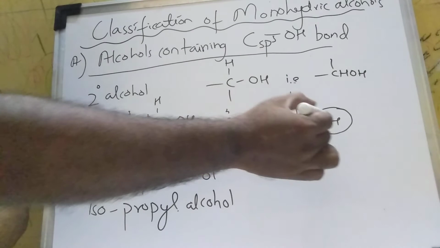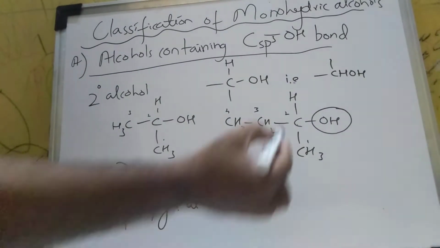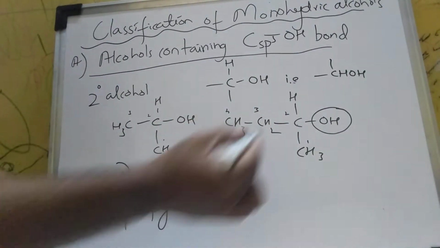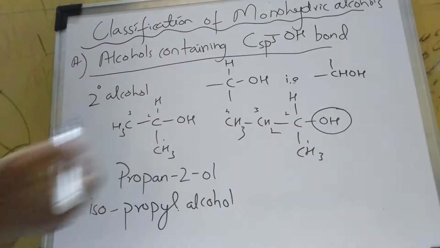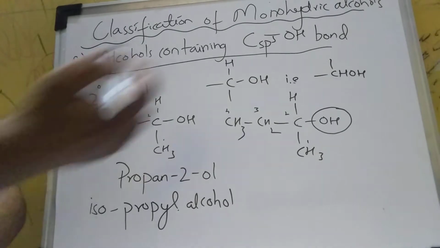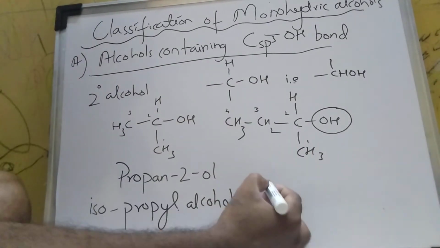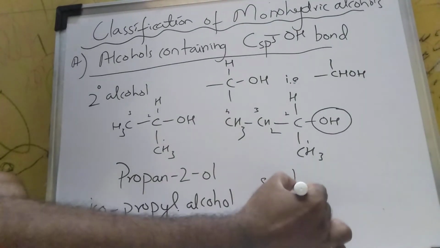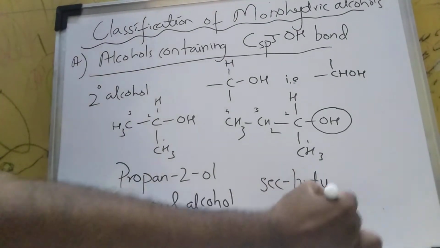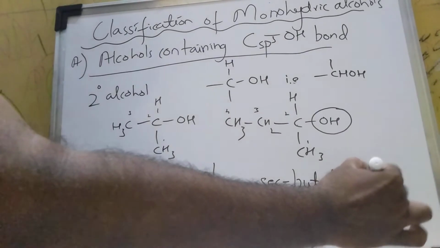But the OH is attached to the carbon which is secondary. Secondary means it is attached to one carbon on the left hand side and one carbon on the downside. So here we will name this as secondary, sec-butyl alcohol,